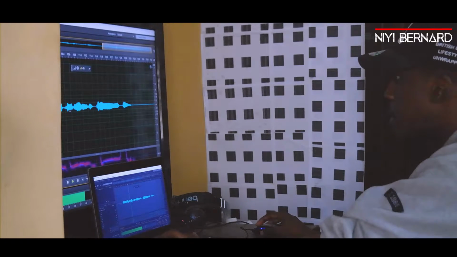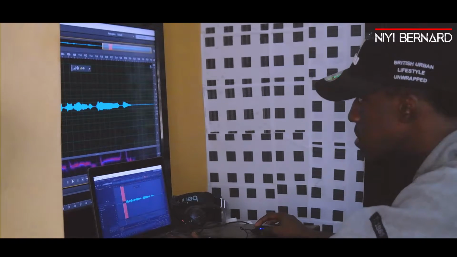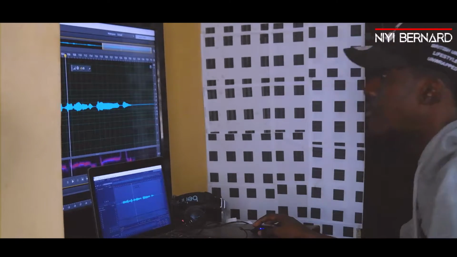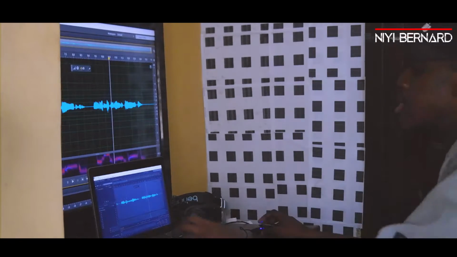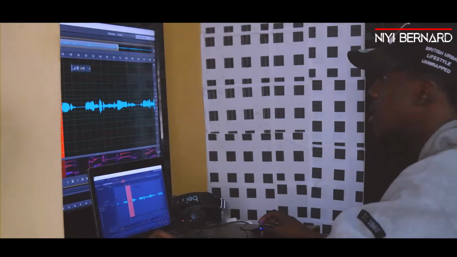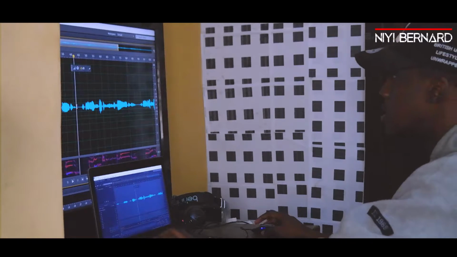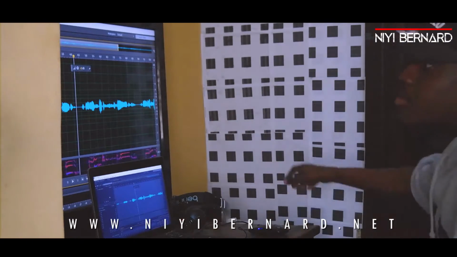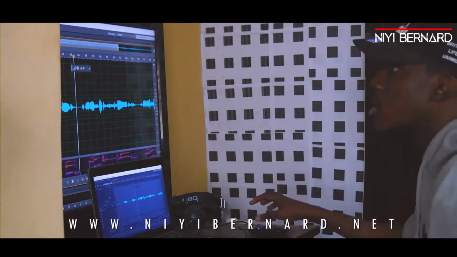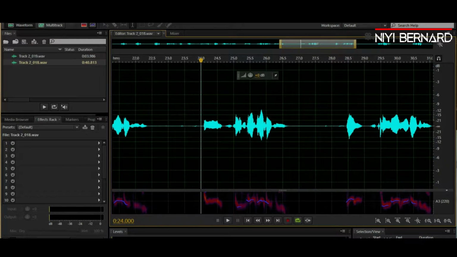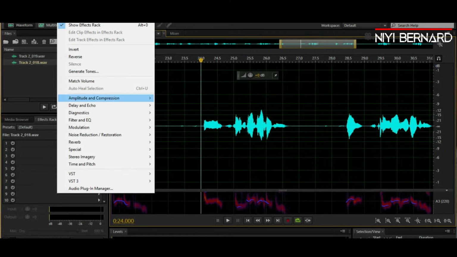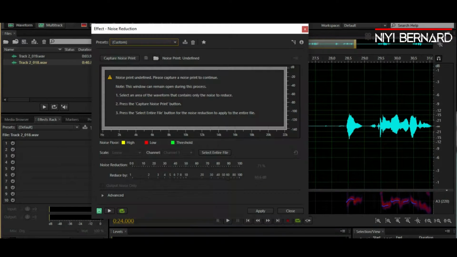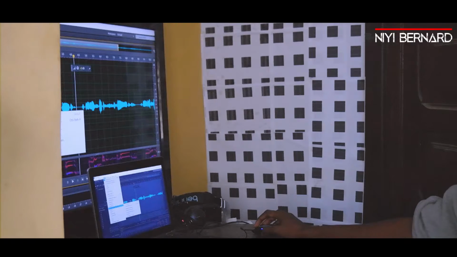Now for this particular part, I always say to everybody that you should record your vocals in a very clean room, so you don't have to do any noise reduction. But let me go back. Let's say all this is here. You don't want to do the part I just did because you have a very long line. Maybe you recorded a podcast and you need to clear it up. So you go to Effects right here. You move down, because Adobe already has everything right there for you. You just see Noise Reduction and Restoration. So all you need to do is go in,